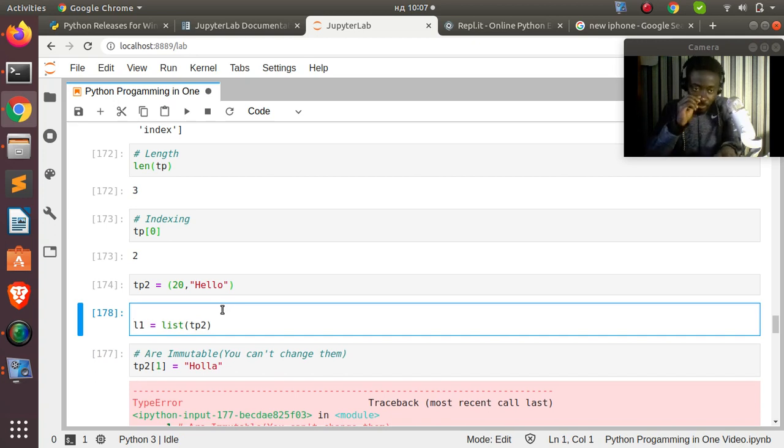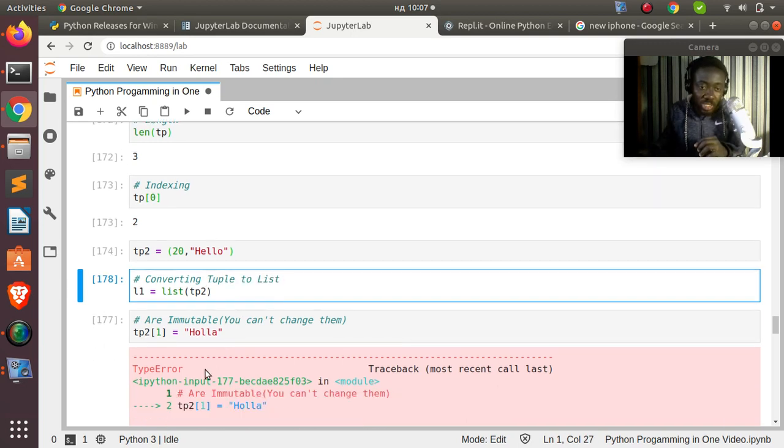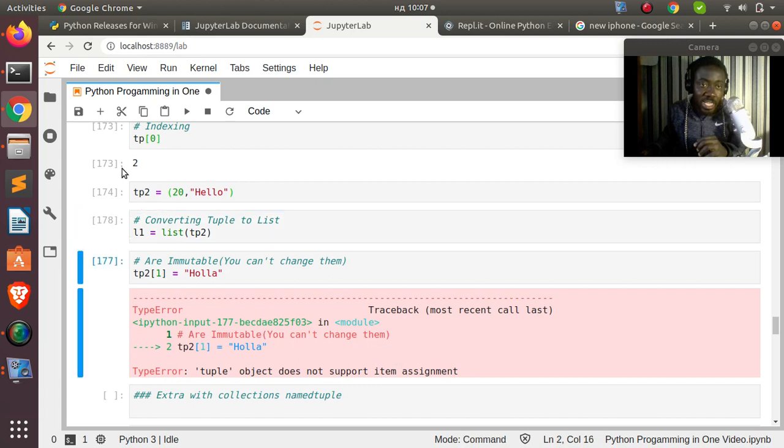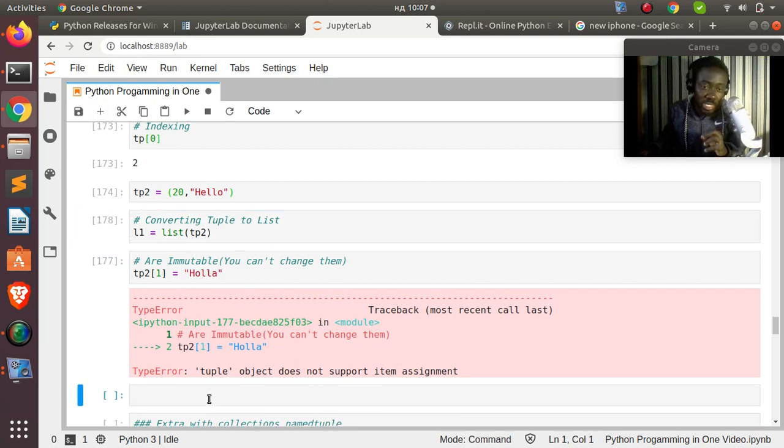So the only way of changing a tuple is to convert it to a different data structure like a list before you can actually change it or make changes to it. So this is converting tuple to list, right? So that is the only way you can change it, right? So in this particular option, I can actually change it. I can make some changes to my list. So this is no more a tuple, this is now a list. So L1,